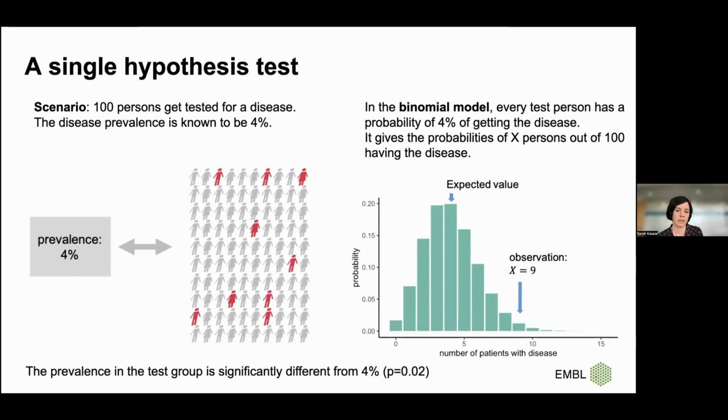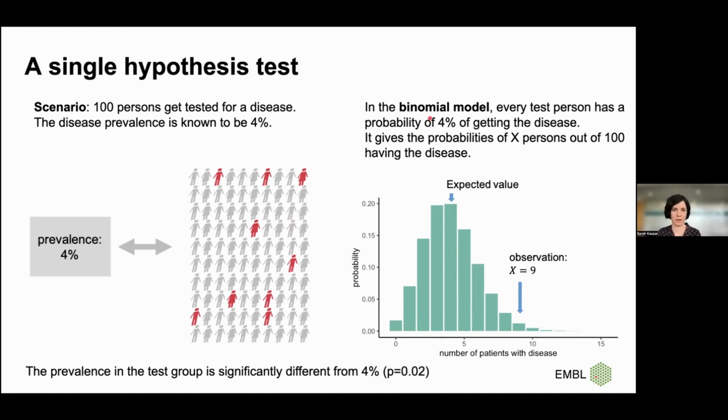Okay, so for this, I would like to come back to this hypothesis test that I showed you in the beginning, where we had a group of 100 test persons. We wanted to know whether the disease prevalence in this group is somehow different from 4%. And we had here 9 persons with the disease, and we did some binomial model and binomial test, and this came out significant with a low p-value. So this model is now so easy and so simple that we can also simulate